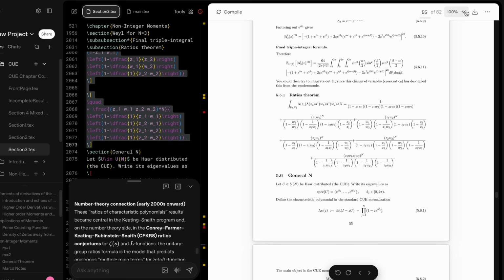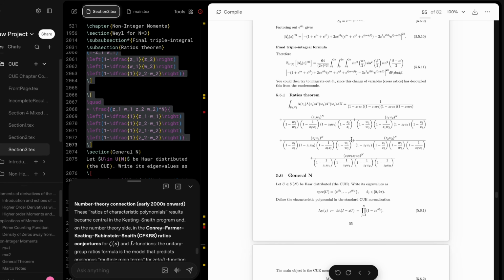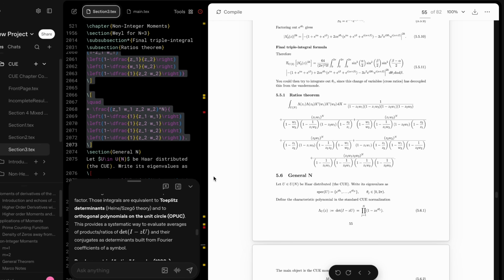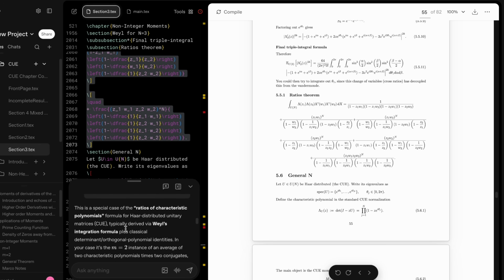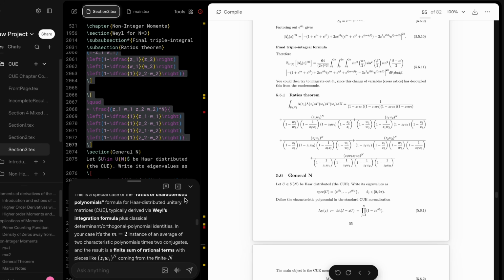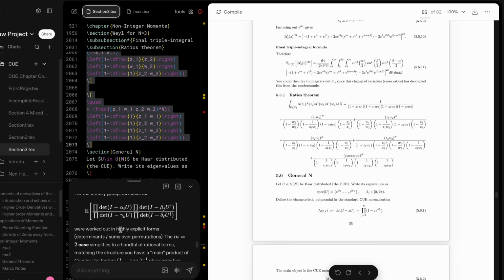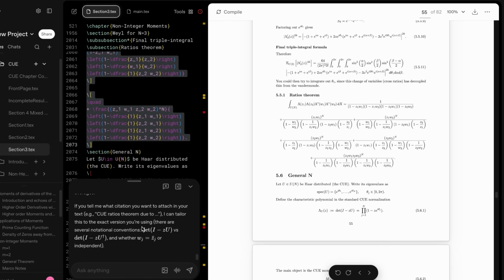I guess what I mean is that this way of writing this formula is giving a history of the left-hand side, because this way of writing the right-hand side wasn't something, I don't believe, that you get from just using the previous historical classical results, like the Weyl integration formula and stuff like that. Perhaps it's derived using that formula, but in any case, what I was really asking about was the CFKRS formula, which is here. So my first conclusion is it's cool because it did give a historical overview,